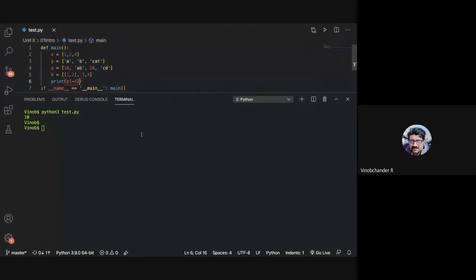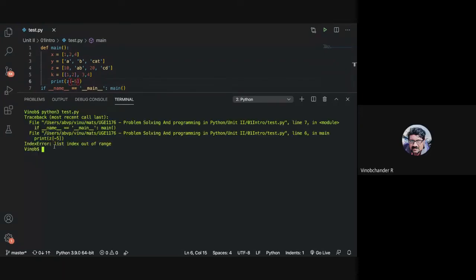What if you try to access an index that doesn't exist? You will get an error, an index error: list index out of range.